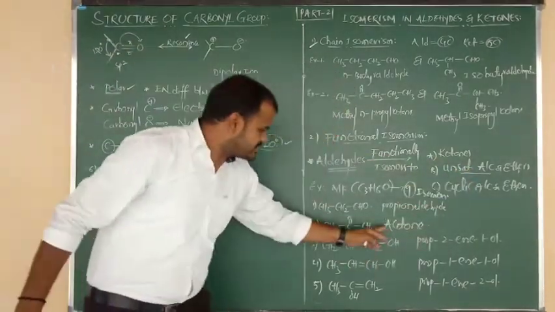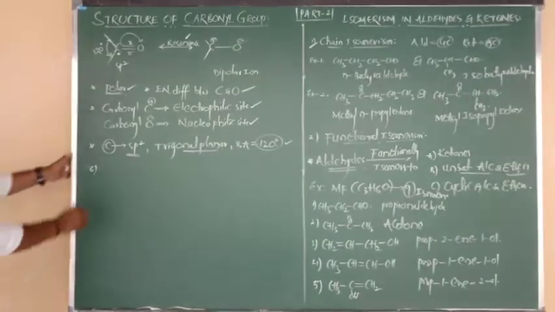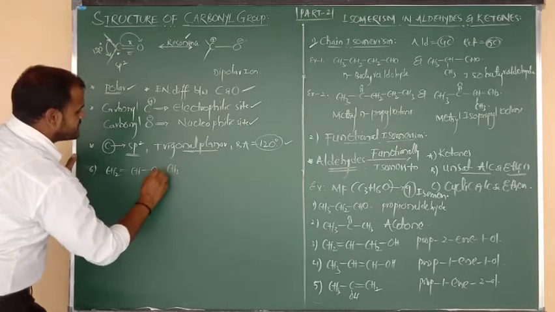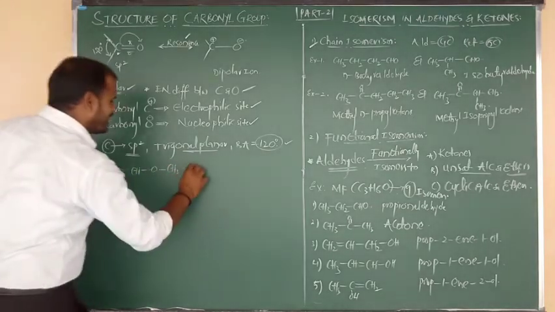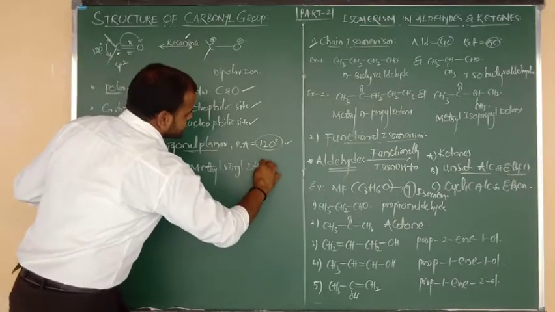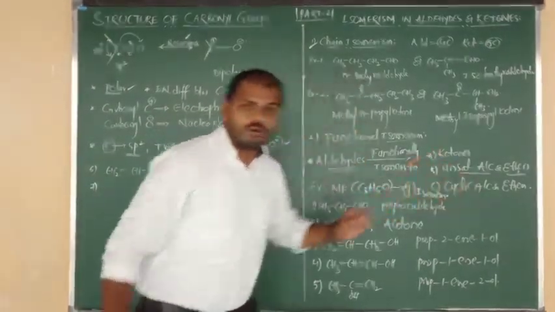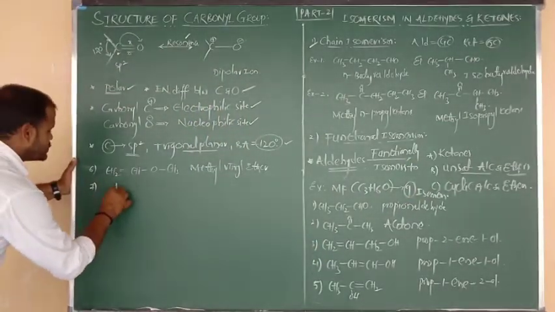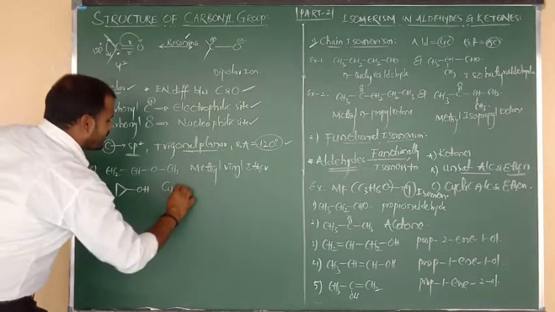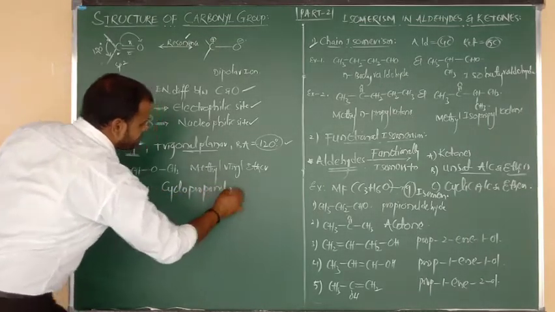So unsaturated alcohols, 3 we have covered. Next, it is isomer with what? An unsaturated ether. So CH2 double bond CH bonded to O, O bonded to CH3, means methyl vinyl ether. Okay na beta? Yes, methyl vinyl ether, an unsaturated ether. Next, aldehydes are functionally isomers with cyclic alcohol. So this is a 3-membered cyclopropane connected to OH. What is the IUPAC name, beta? Our common name is cyclopropanol or cyclopropan-1-ol as you wish.